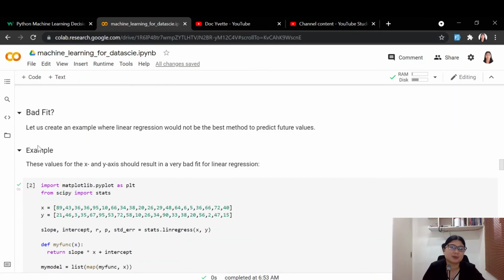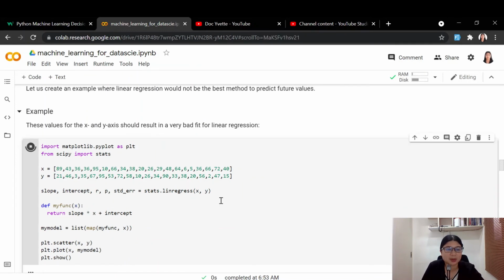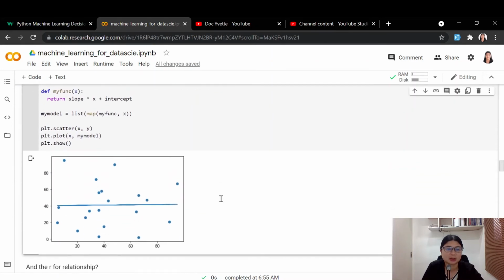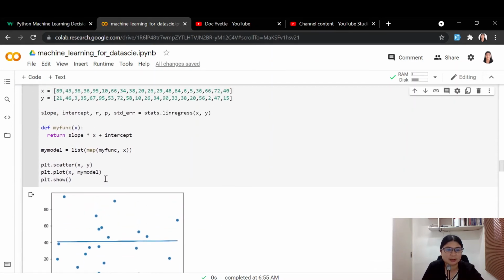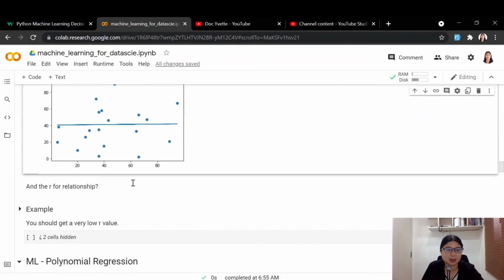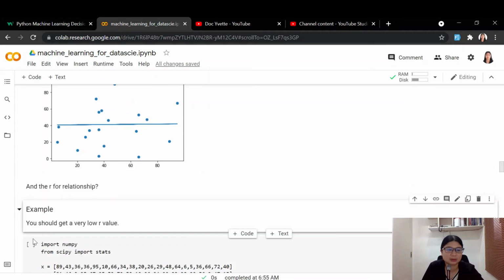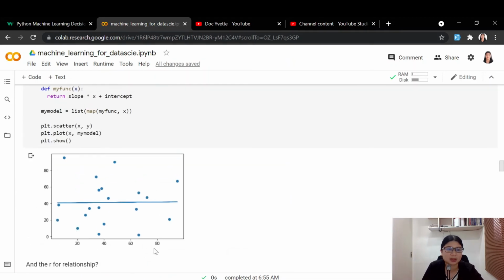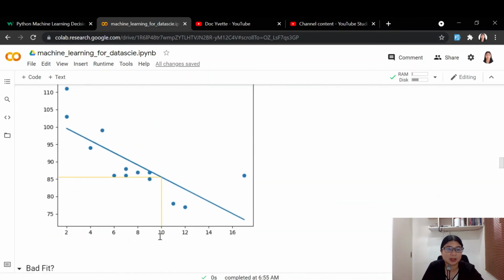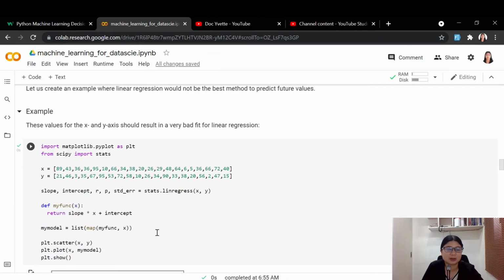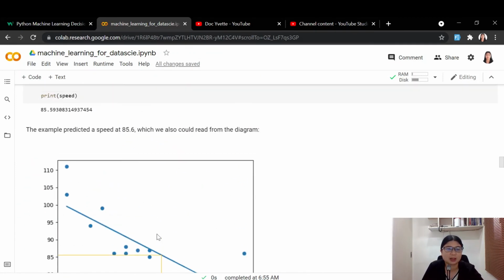fit, no? So let us create an example where linear regression could not be the best method to use. So this is the value of x and y that should result in a very bad fit for linear regression. So like this one, and of course hindi siya amo na, no? And of course there is no, this is what we call a bad fit. Okay? Kay hindi siya ano gitawag ni ang value niya is